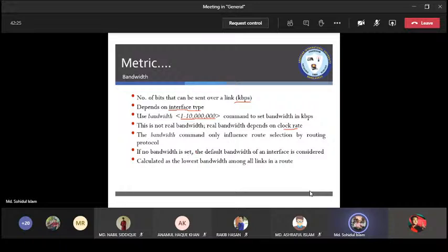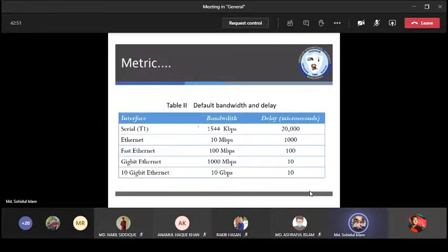If no bandwidth is set, then the default bandwidth of the interface is considered. We'll see later on in the next slide what the default bandwidth will be. It is calculated as the lowest bandwidth among all the links in the route. We'll pick the lowest bandwidth among all the links on the route from source to destination, and we'll use it to calculate the metric. We'll see through an example. You see, this is the default bandwidth column, and this is the default delay column